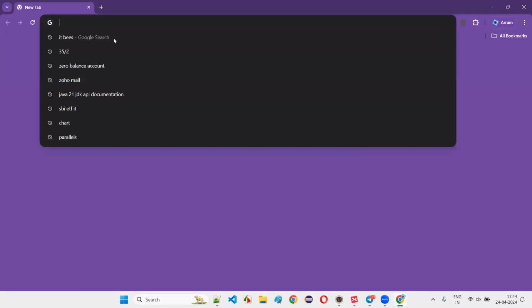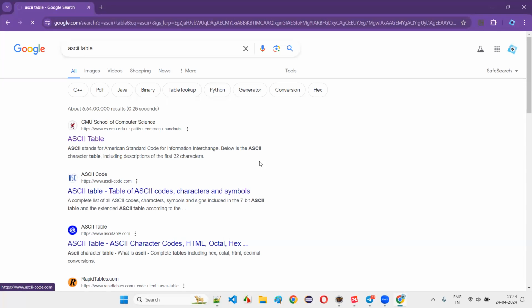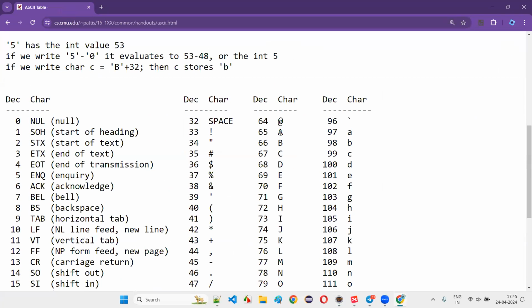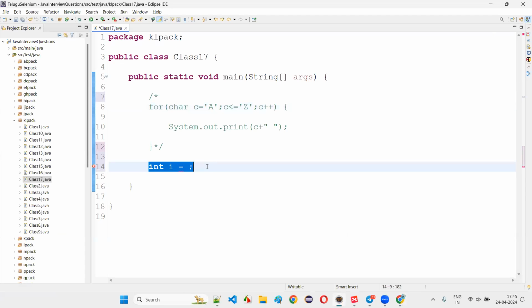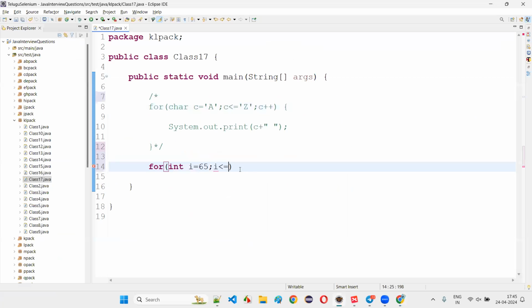So here, open the browser and type ASCII table, search for ASCII table. In the ASCII table, look for that capital letter A and see what is the ASCII number associated with that capital letter A. 65 is the number. So what I will do here is, I will say for int I is equal to 65, semicolon, I less than or equal to, so Z will have 90, up to 90, I plus plus, I'll say, and here I'll write down